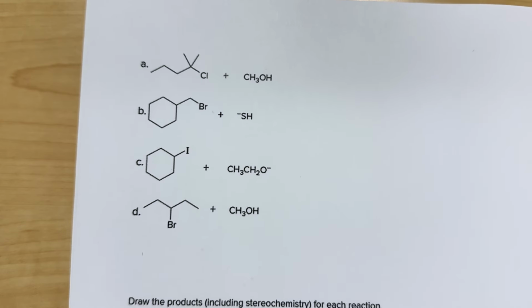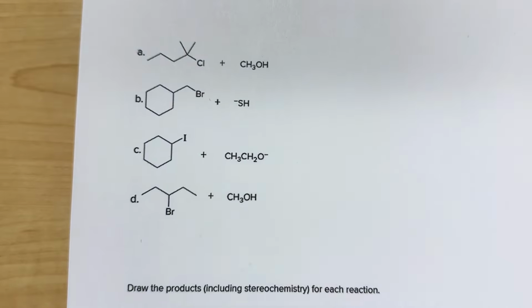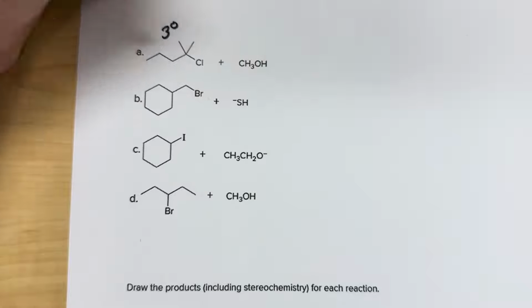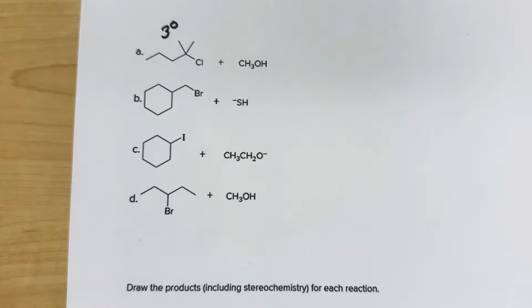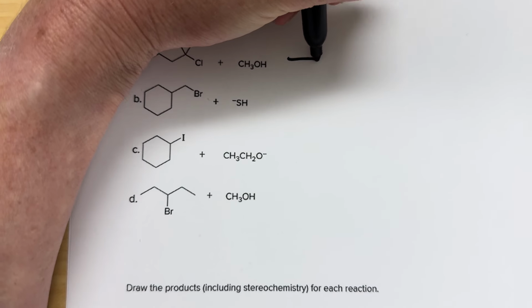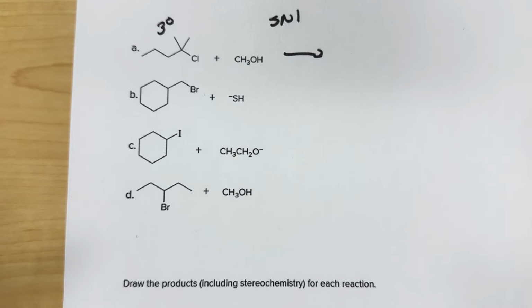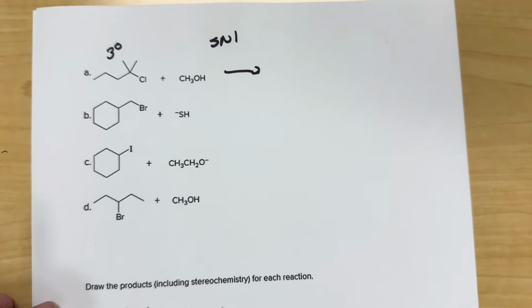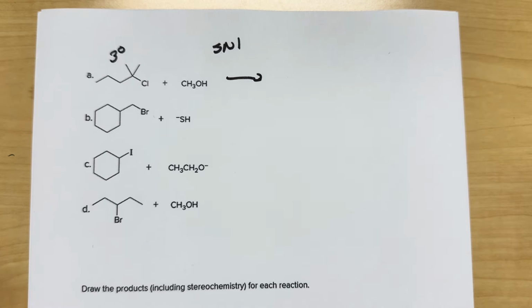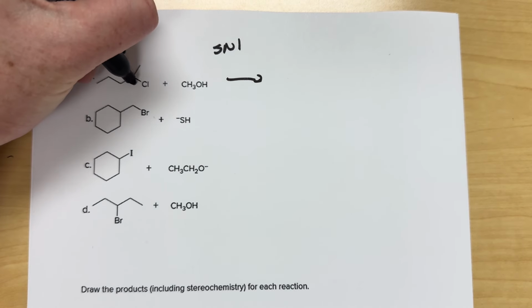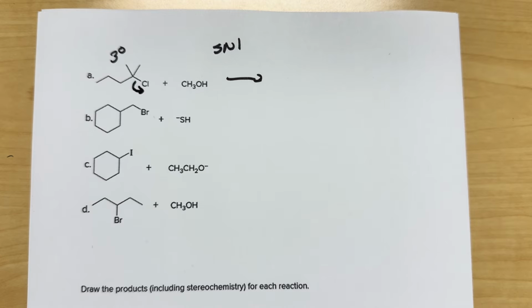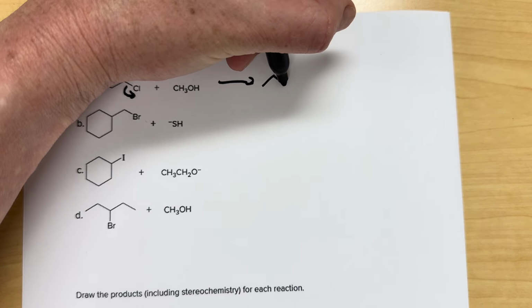Okay, so we're just going to do a few examples just to make sure we're good with it. If I look at this, it's tertiary. I need to look at nothing else. This is tertiary. This is reacting via SN1. Cool. Now to remind you, and in fact, let's just go ahead and do these mechanisms. Let me pull this camera up a little bit. The leaving group leaves. So SN1, the leaving group's going to leave. And that provides us with